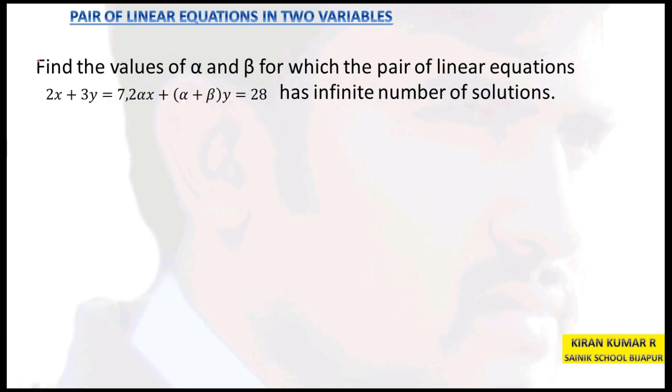Let us solve one more important question. Find the values of alpha and beta for which the pair of linear equations 2x plus 3y equal to 7, 2 alpha x plus alpha plus beta times y equal to 28 has infinite number of solutions. We need to consider this infinite number of solutions. For infinite number of solutions,